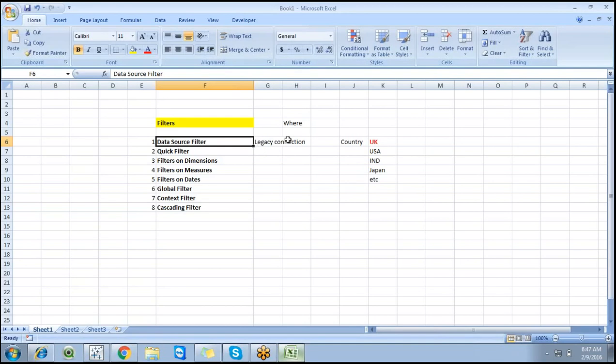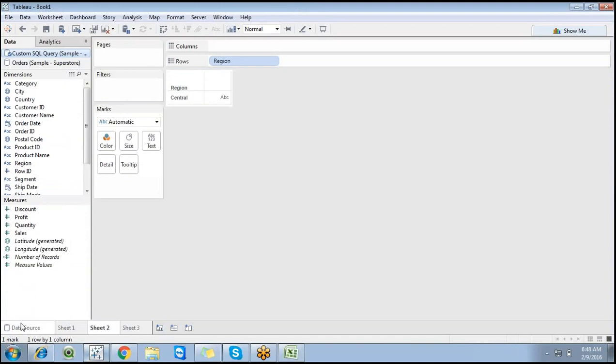So just go with the reporting. You will get requirements based on the filter options as well. Try to filter out first by using dimensions or measures or dates, and it depends. If you don't want the data, or you get a requirement where you are not going to create reports based on different countries, try to filter out those countries at the data source level itself, right?